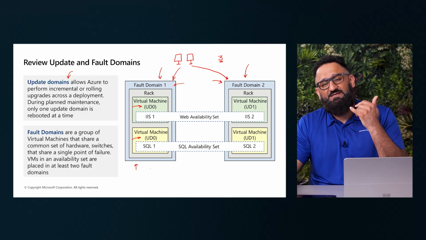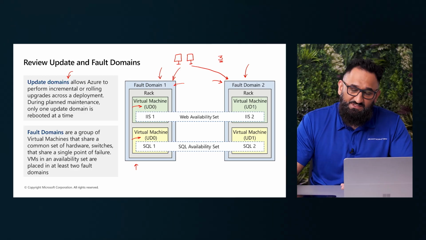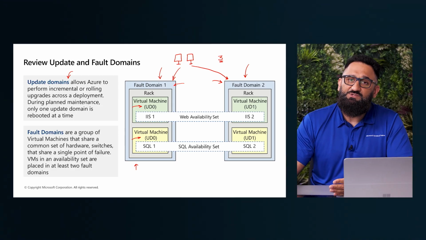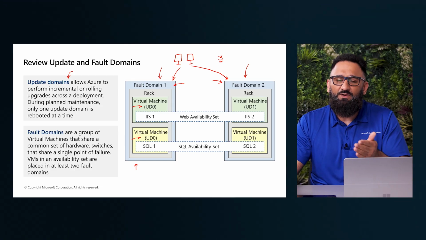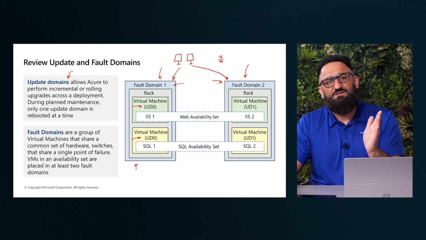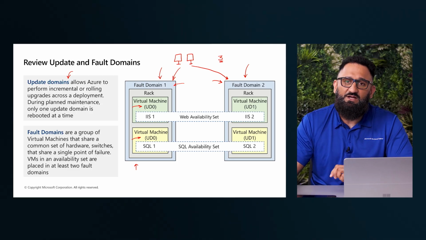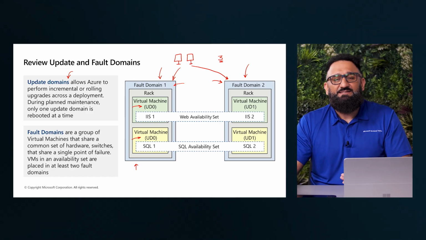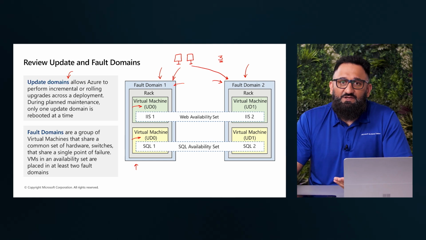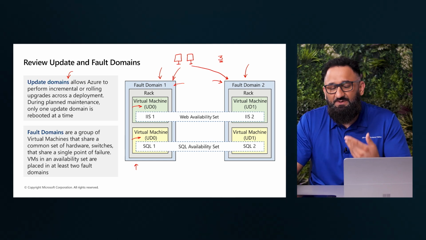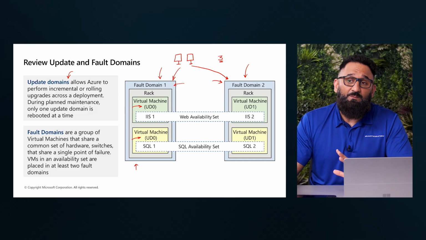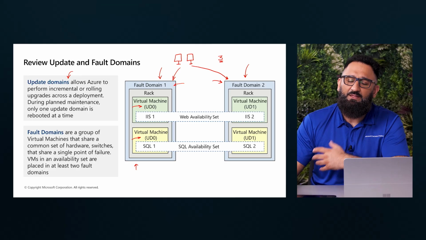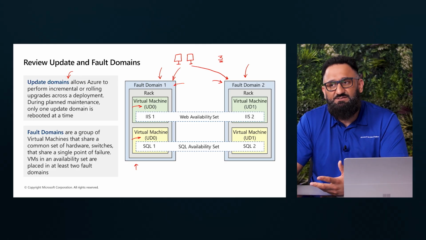So ensuring that if there was some sort of maintenance required and there was a need for them to turn down a resource, they will do them in one update domain at a time rather than taking the entire rack or entire set of resources away. Once they take one update domain down, they simply go and fix whatever they need to do and then bring it back to life. They typically wait for up to 30 minutes before they can start moving on to the next update domain to carry out their maintenance tasks.